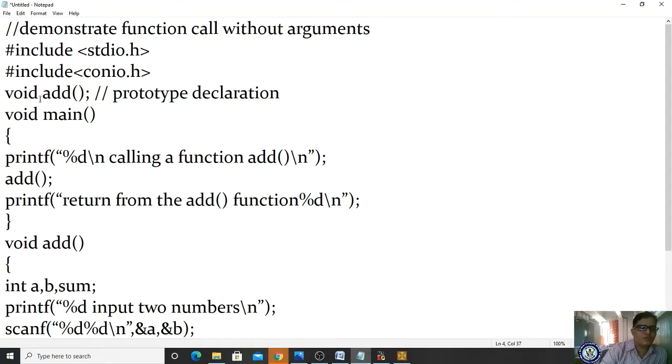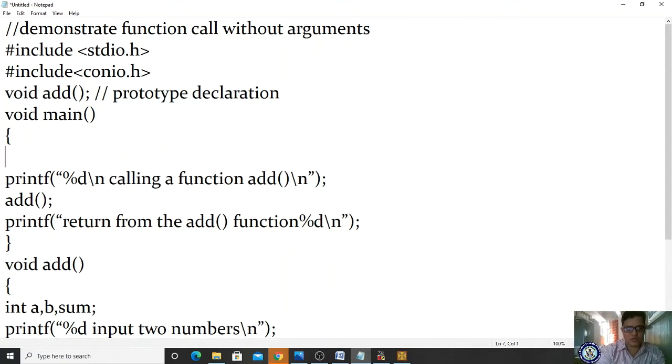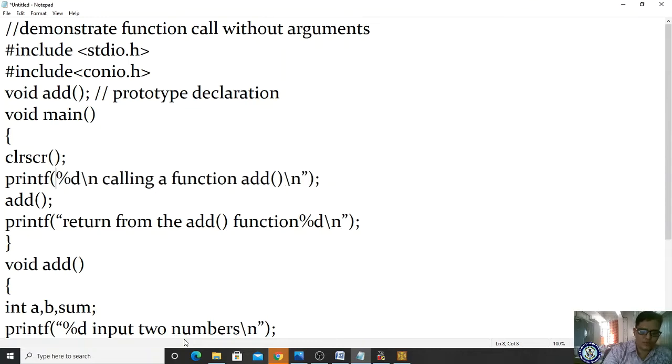After that you write the main function, clrscr, and now you are displaying the value. Please observe, %d, calling function add. Before calling the function add, you are not displaying the value.